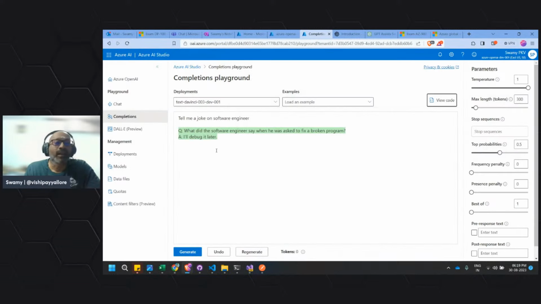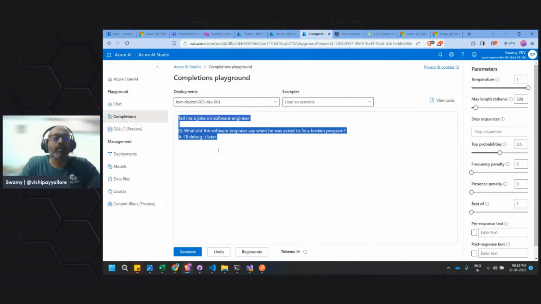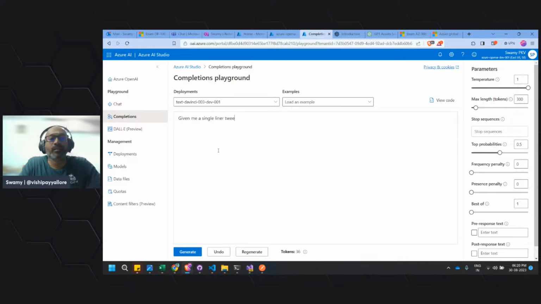Okay, and the best of, let's assume that we want to try another thing. Give me a single liner tweet for my 1001 dosa center. I'm fond of food, guys, so all my prompts will be on food only.